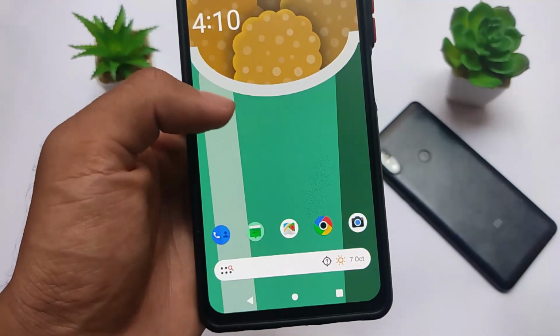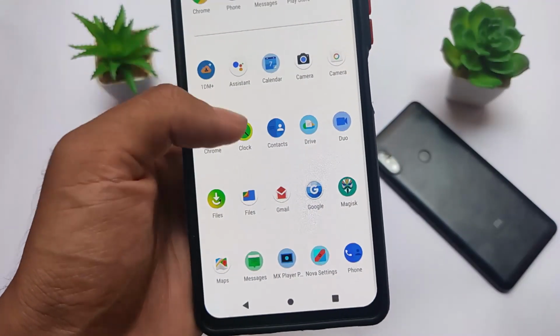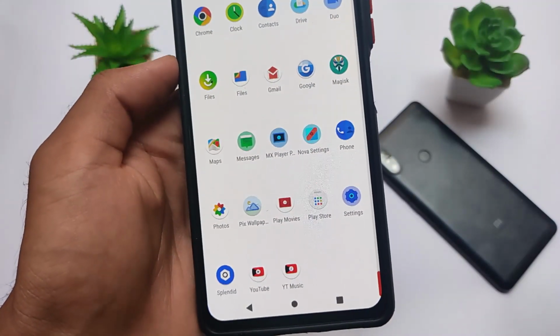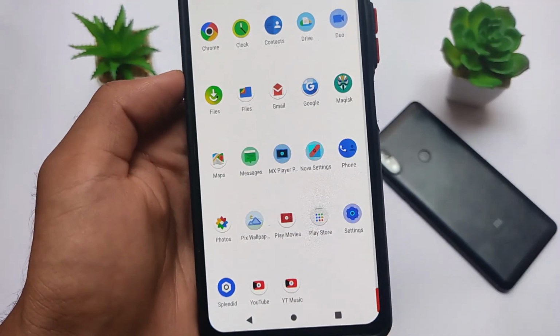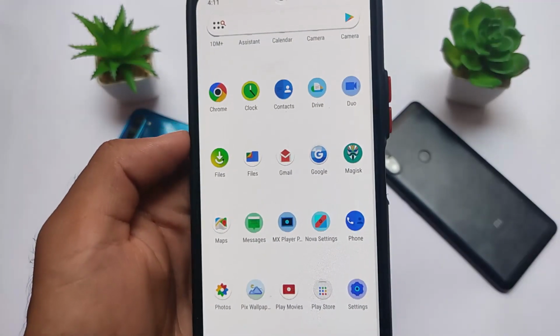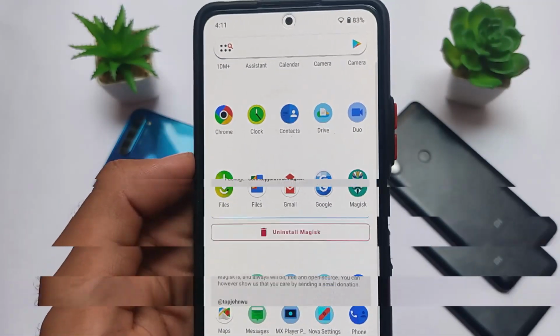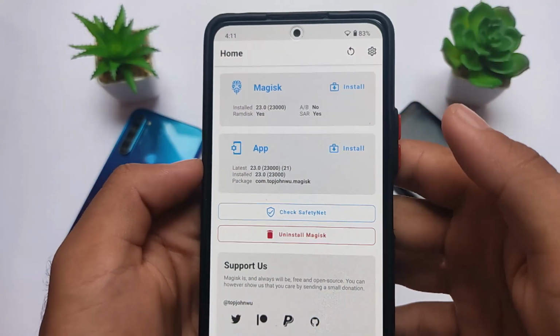I tried installing a custom launcher. Here you can see I tried installing the custom launcher and a custom icon pack. It is working perfectly fine. The launcher I'm using right now is the latest Nova launcher. I tried whether it is working with Android version 12. It is working. Including that, I've applied the custom icon pack, and as you can see, it's working perfectly fine.